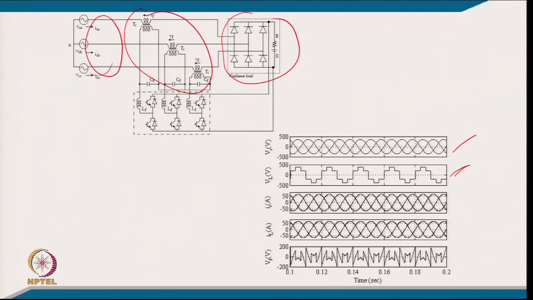So, similar waveform is here for phase voltage, and this is typically the supply current which is in phase with the supply voltage. So, thus the power factor at supply is unity, and this is certainly the current at PCC, since the circuit is a series circuit. So, both currents are the same, and this is the voltage which is injected by series active filter in series with the line, and if we inject this voltage, which is a difference of this voltage and this voltage, then we are able to force all the 3 diodes, all the 3 phases, to conduct